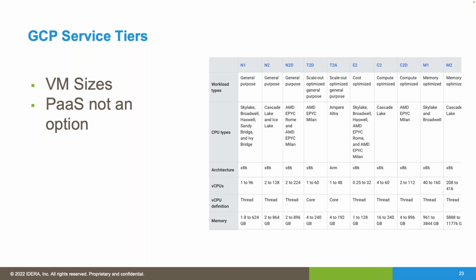One thing I did notice, and I didn't highlight it in the slide, if you look at that CPU definition, I think it's interesting that some of their virtual machine sizes, they define a virtual CPU core as a thread versus a core. I have not noticed that in AWS or Azure, but that did catch my attention. So this might be a time where, if you are thinking about going to Google Cloud, you look at how they define that, so you have a better understanding of whether or not that's going to be applicable to your given